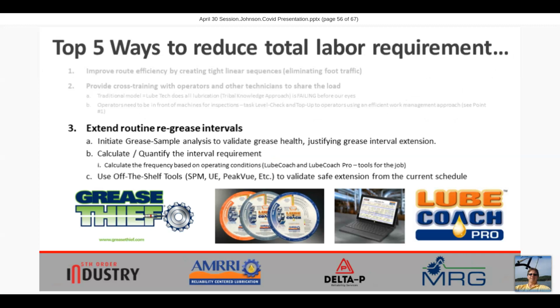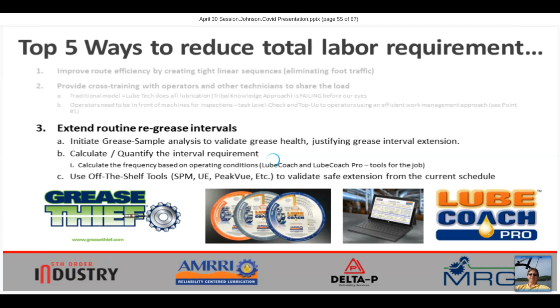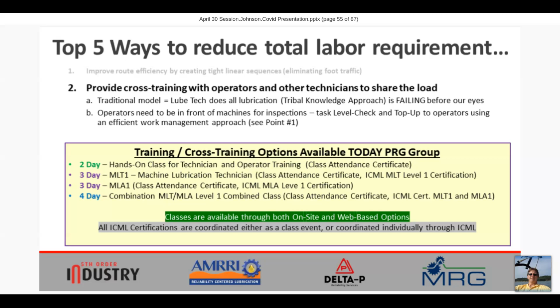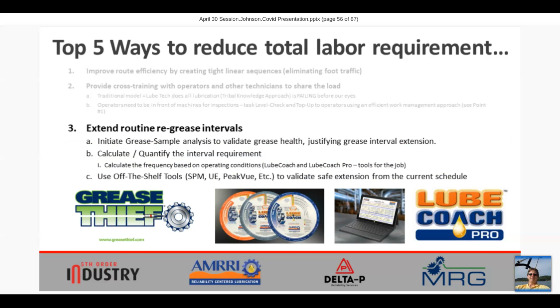Okay, I'm going to back up the slide here. There's lots of options available for cross-training. The 4 speakers that are present today offer these classes, 2-day, 3-day, 4-day classes, depending upon what your needs are. Classes are available through web-based and on-site training, and certifications and or class attendance certificates are available. There's lots of resources out there to help you train up your folks so that you can share the load